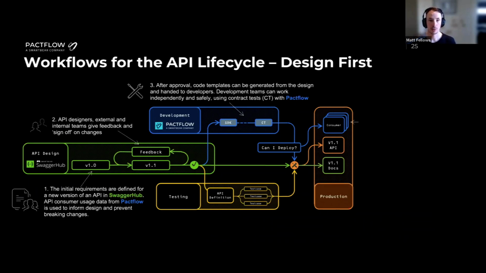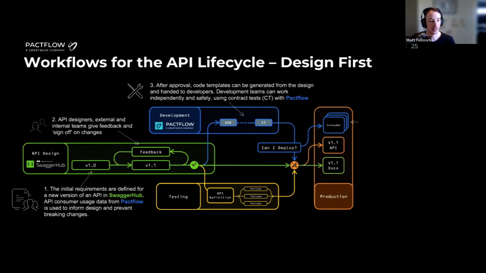So in the case of development, we can use the Open API file to generate code that we can use to rapidly get building on either the consumer side of an integration point or the provider side of an integration point. We can also then introduce contract testing at this stage to add coverage and get well fittedness, so we know how our consumers are actually using a provider, and also verifying the provider to make sure that they're not out of sync with the consumer and out of sync with the actual Open API that we're using. So it's going to prevent this drift throughout the entire development journey.